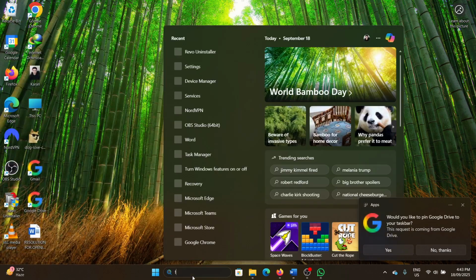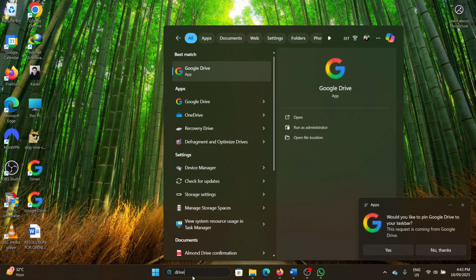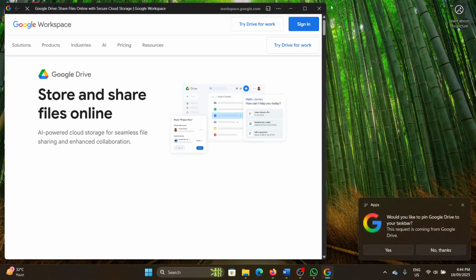Other than this, you can also search for it in the Windows search bar and open Google Drive app from